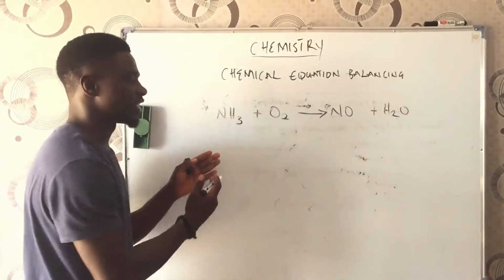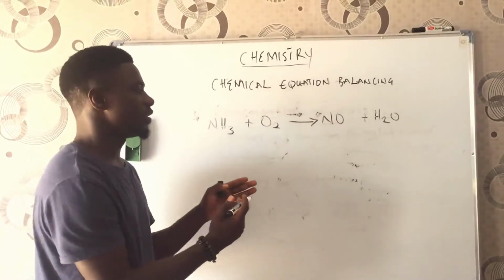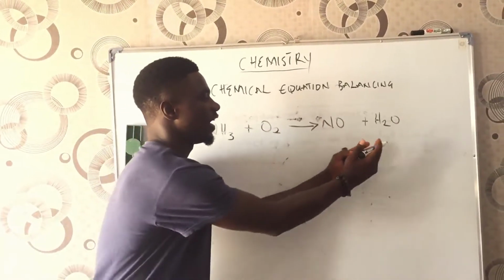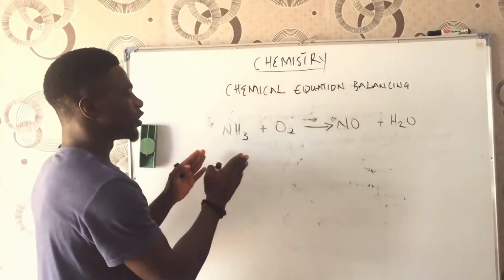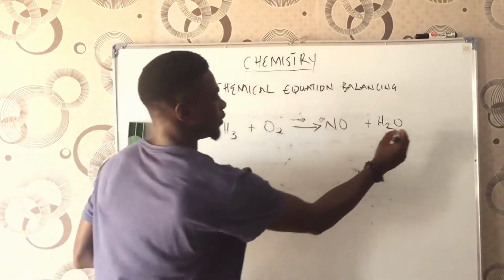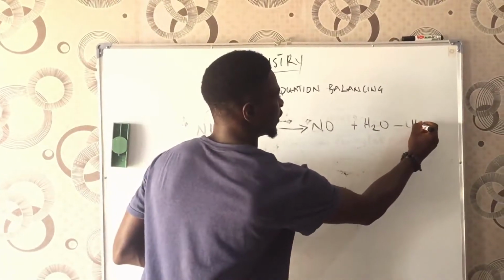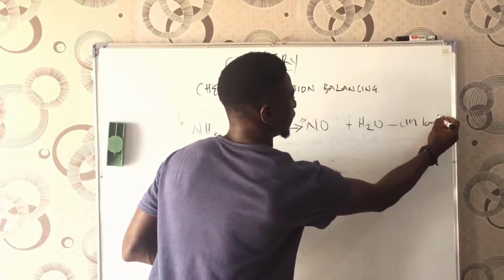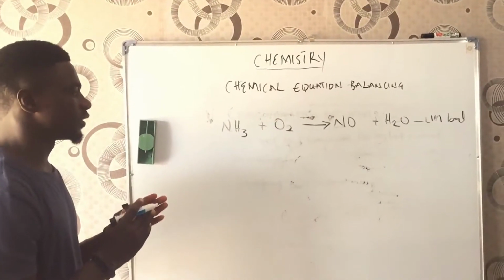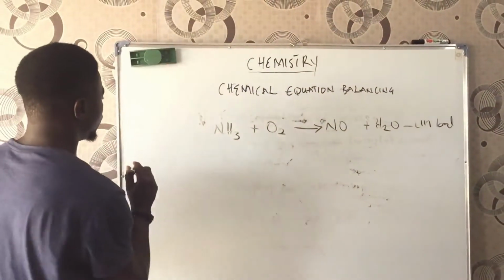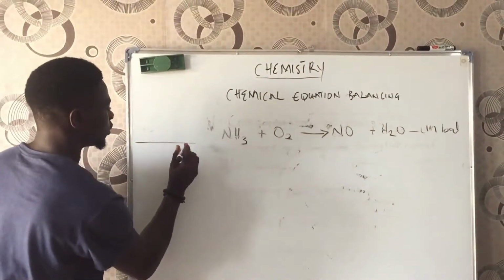This can be represented as A, this as B, this as C, and this as D. Mind you, this equation is not balanced. So this is unbalanced. Now, for you to balance this equation, first, we draw a table called